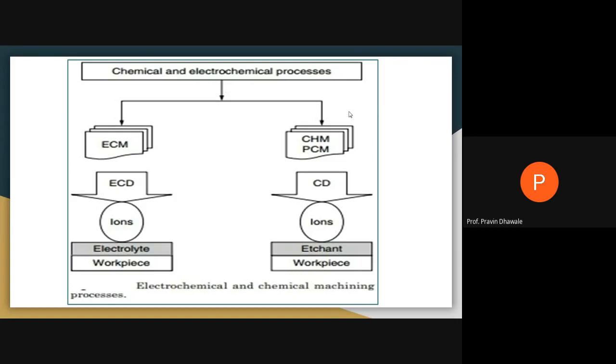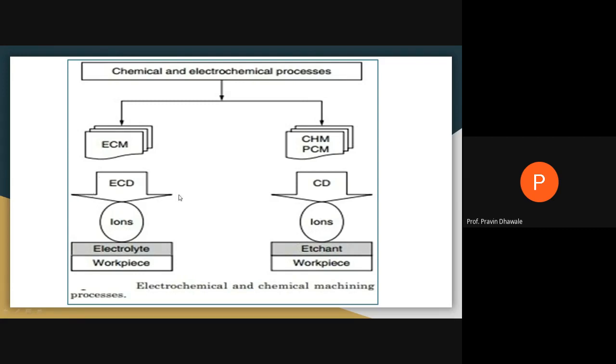If you consider the chemical and electrochemical processes, whichever process we have studied earlier, this will be the workpiece. These are the types of chemical or electrochemical process: electrochemical machining, chemical machining CHM, and another type, photochemical machining PCM. To remove the material from the workpiece, you require a working medium, that is the electrolyte, and the material is removed because of ions,